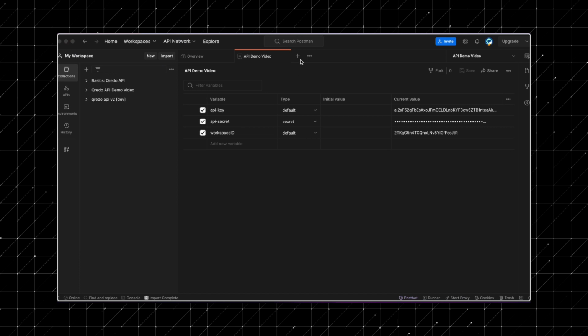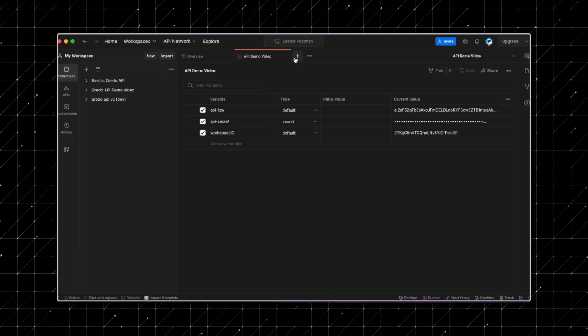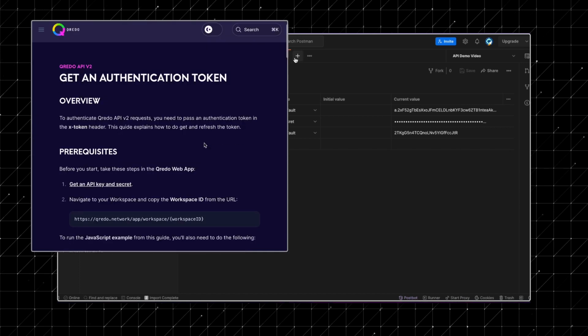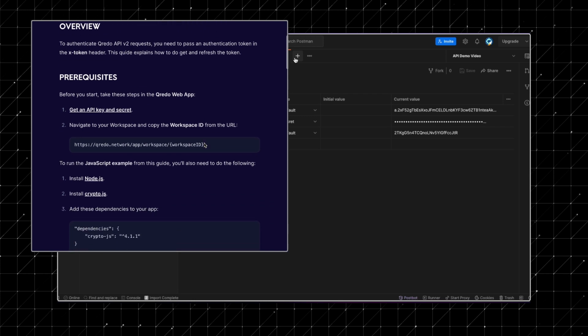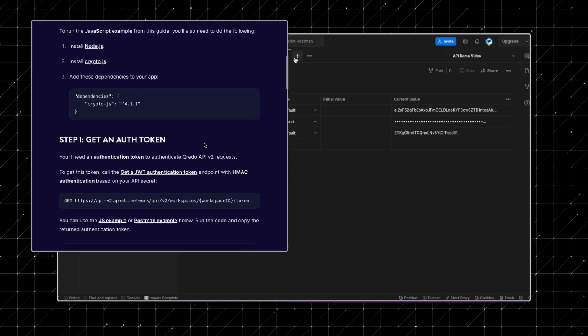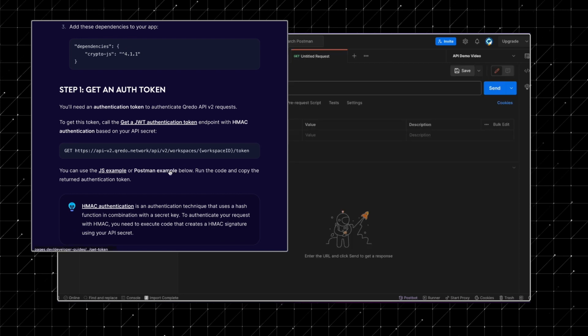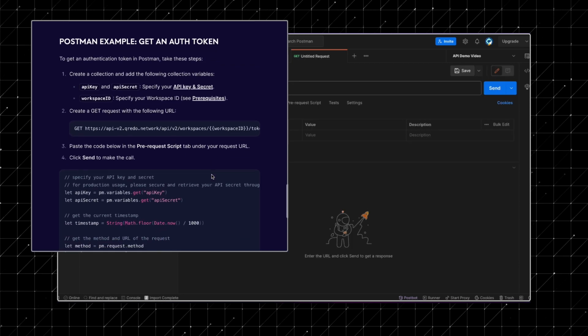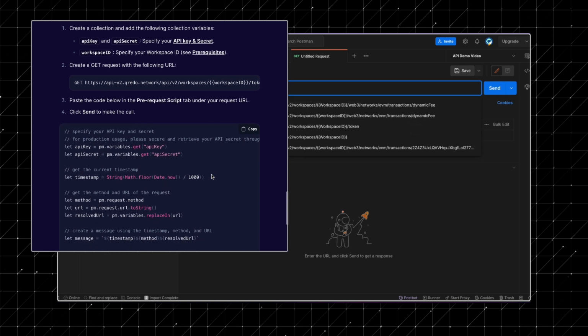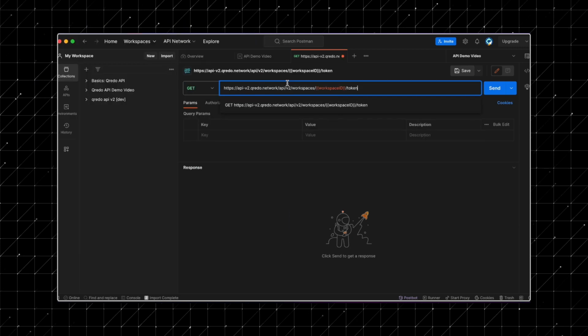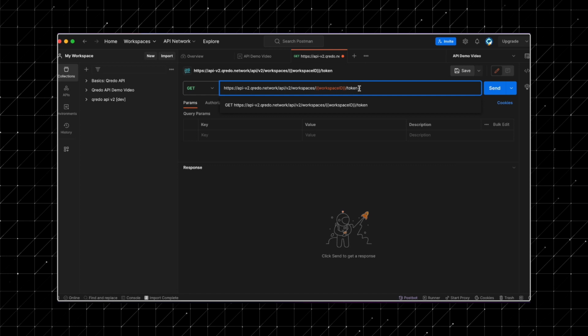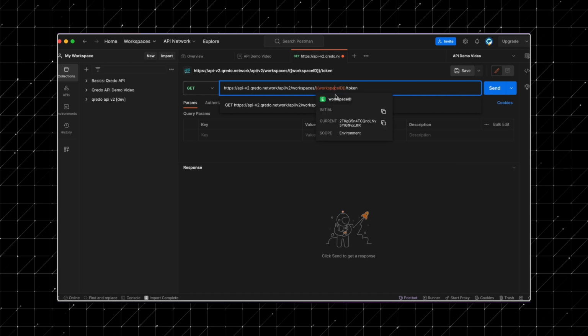Qredo API calls require you to specify an authentication token. Your authentication token will expire after 1 hour. In the developer docs, you will find both a JavaScript and Postman example, which we will be following in this video. To generate an Auth token, call the GetAJWT authentication token endpoint with HMAC authentication based on your workspace ID,